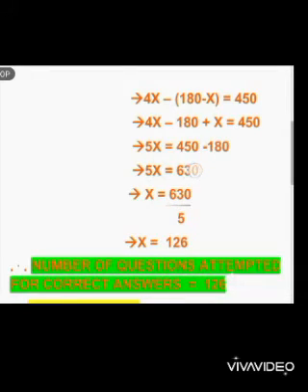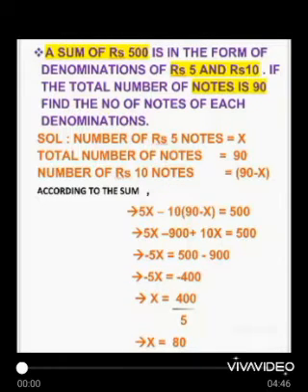We have to find out the value of x. Let us transpose 5 to the other side. Then you will get x is equal to 630 by 5. If you cancel 630 with the 5 table, you will get 126. So, the value of x is 126. So, the number of questions attempted for correct answers, which we have considered as x, is equal to 126. Now, let us move to the next sum.